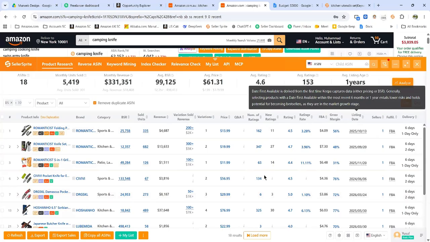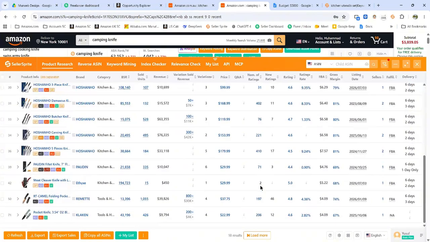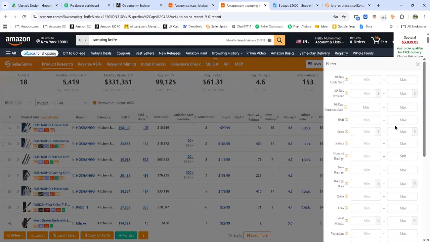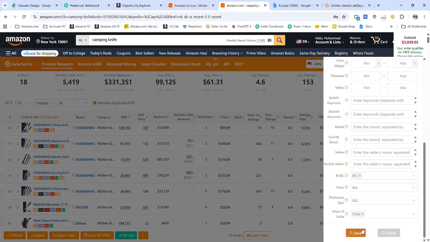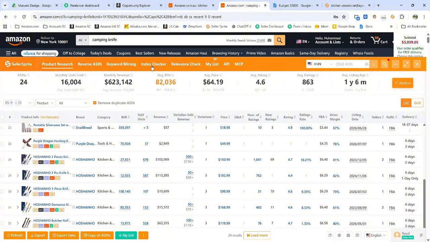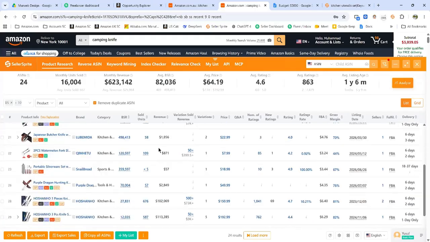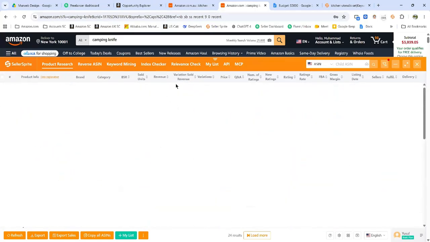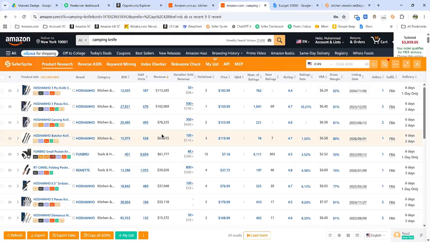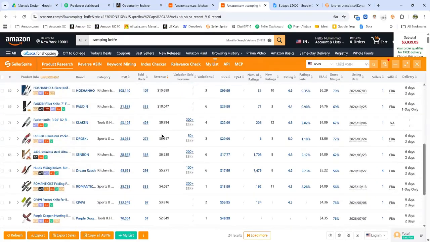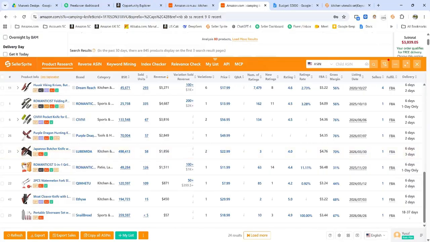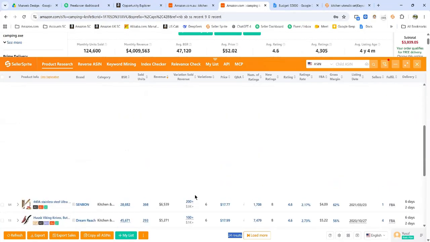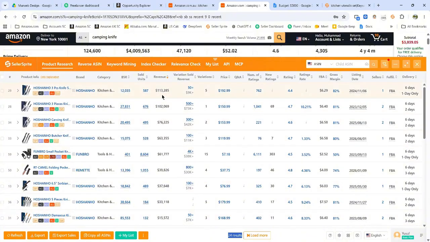So these sellers, let me remove the review filter so we get a total idea, and we filter out China. As you can see in this category, let's sort revenue from high to low. Mostly the top competitors are Chinese, like out of 50, 24 are Chinese. So we need to be very careful